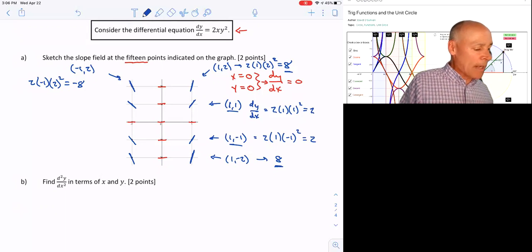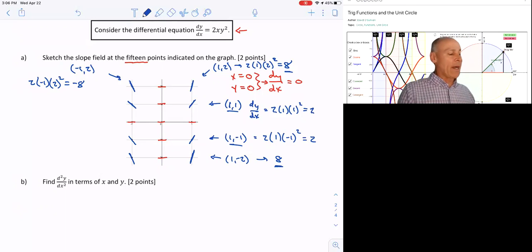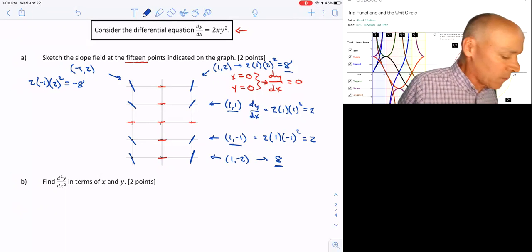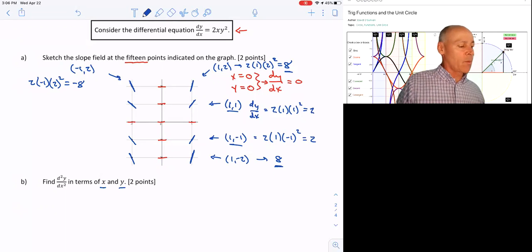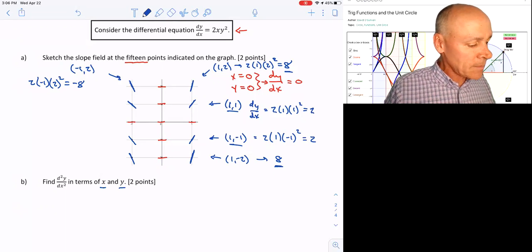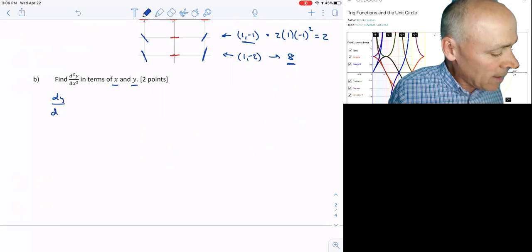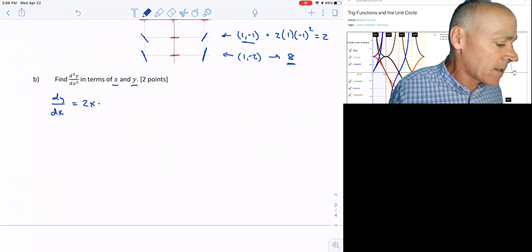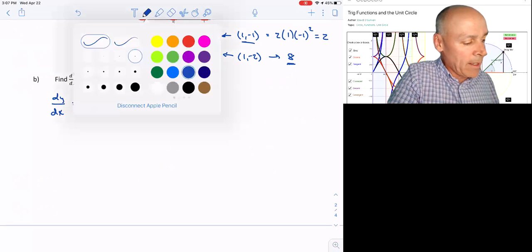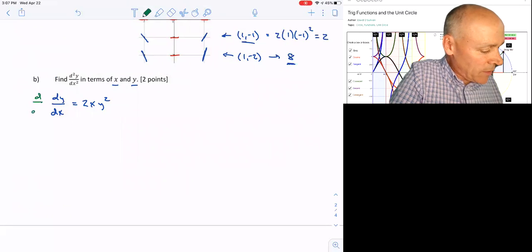All right, part B, find the second derivative, d2y over dx2 in terms of x and y. Okay, I can't stop until it's in terms of x and y. So I'm going to start out by taking my differential equation dy/dx equals 2xy squared. And I want to find the second derivative, so I want to take the derivative with respect to x, the whole shooting match. Left side, that's how I'm going to get that notation for the second derivative, d2y over dx2, is equal to,